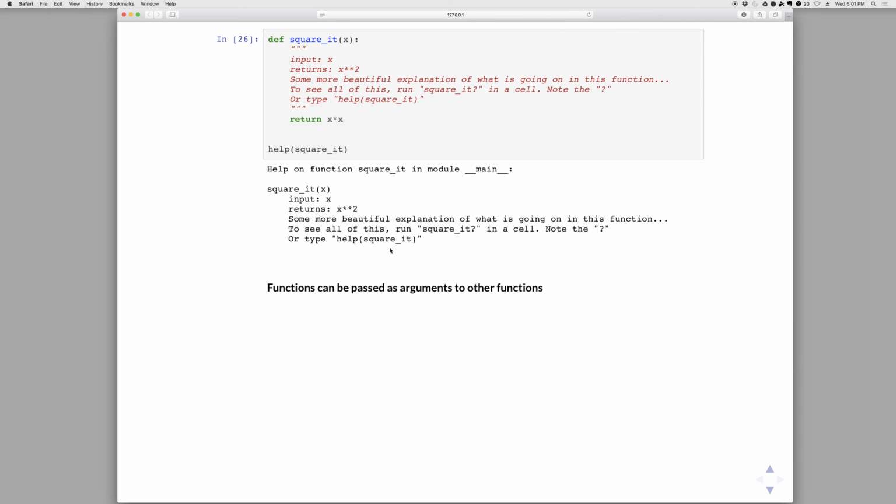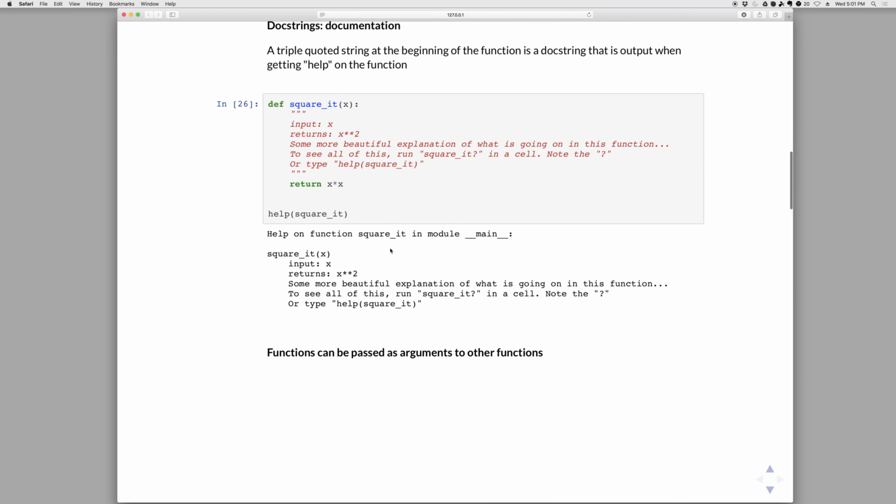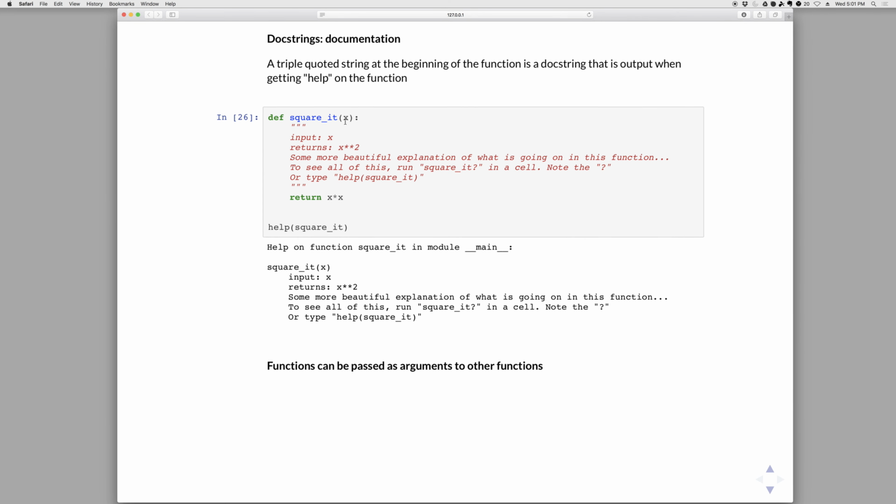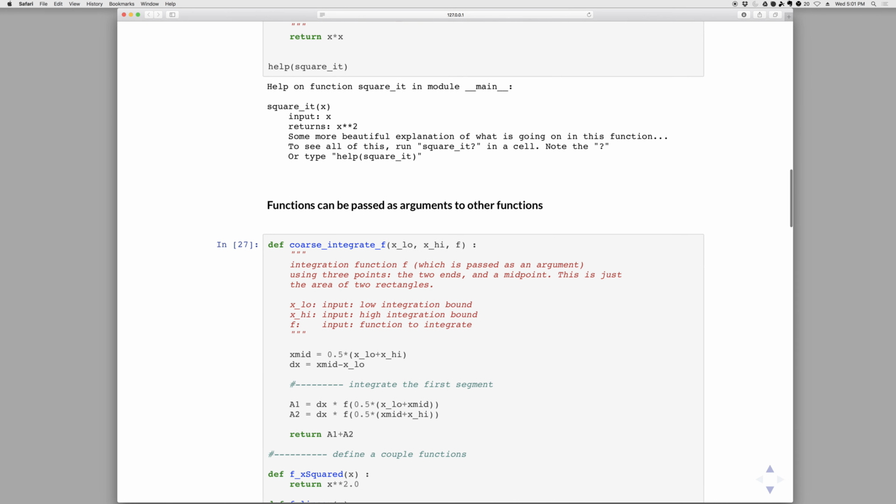Functions can be passed as arguments to other functions. So you can pass both values and variables and even functions and other kinds of objects to functions. So here's an example called course integrate f. Suppose we want to integrate a function, but we want it to be any function. Maybe we want to integrate sine of x or integrate x squared or any other function. So in this case, we would want to pass the function as an argument, the function that we want to